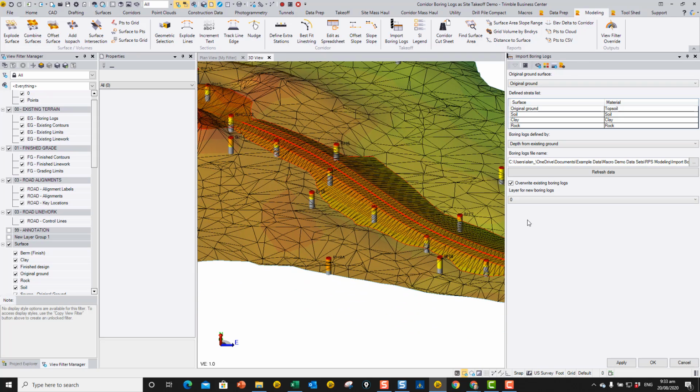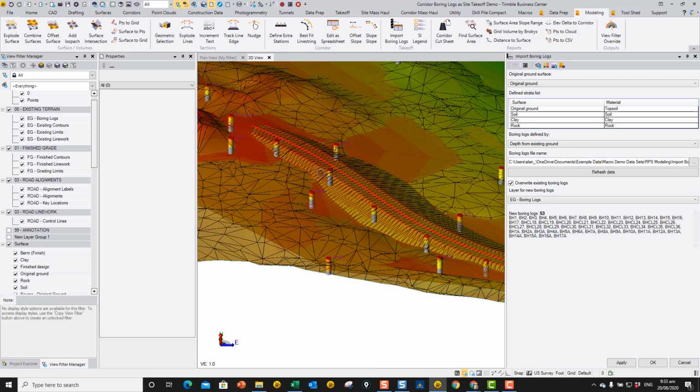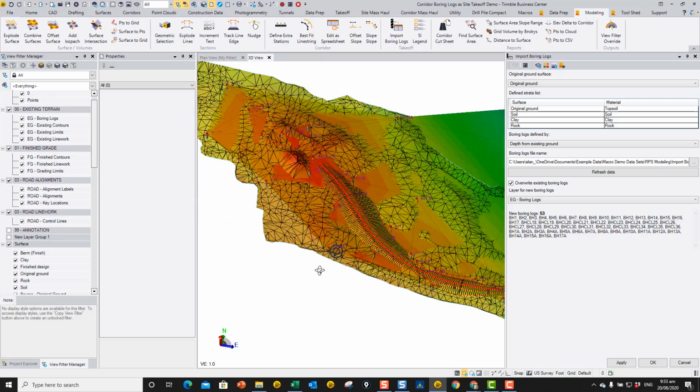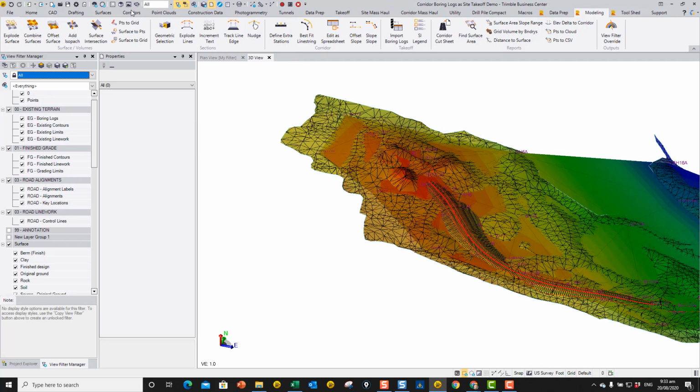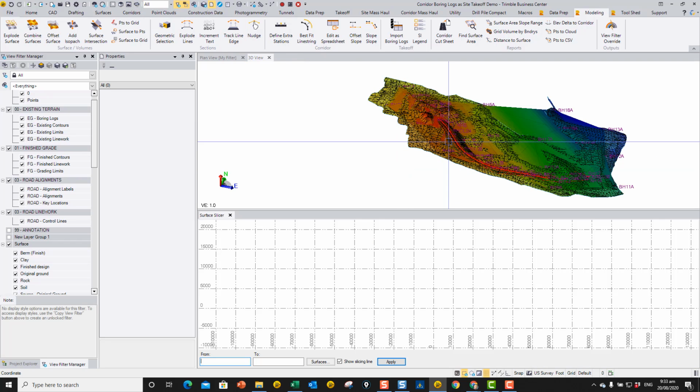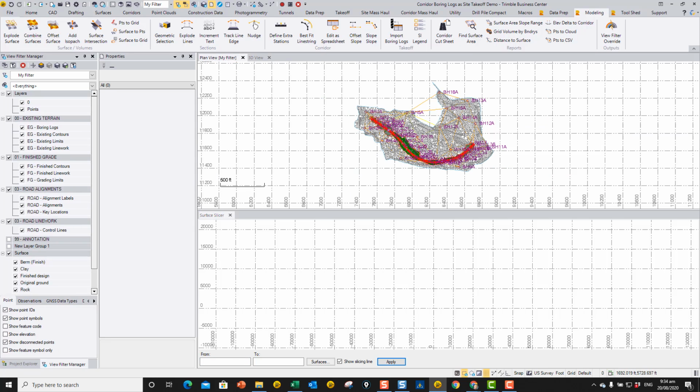And once you've gone through all of the process here and you're happy with all the boreholes, you can assign them to a layer and then say apply. And at that point now it's building me all my corridor, all my earthworks strata for the site. And so now I can say cancel out of here. And if I do a quick profile through here, for example, just doing a quick profile through the site,